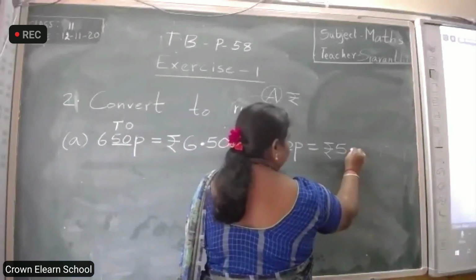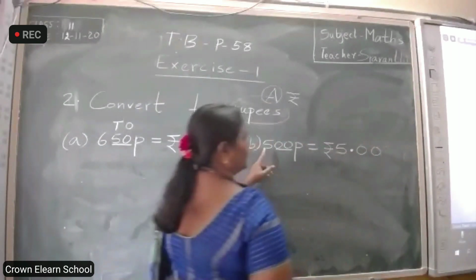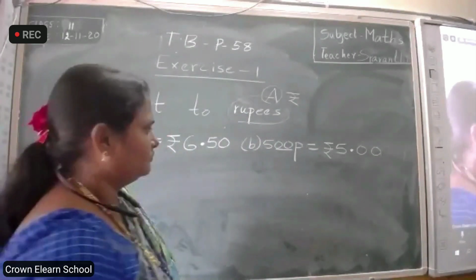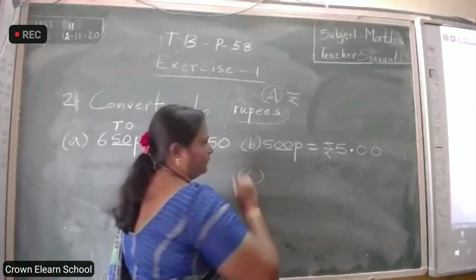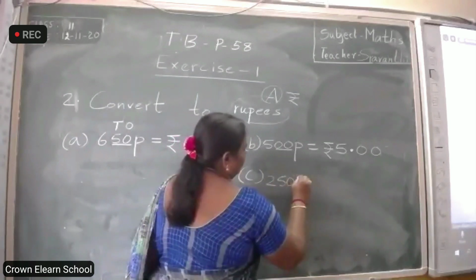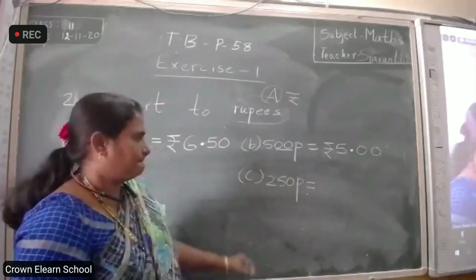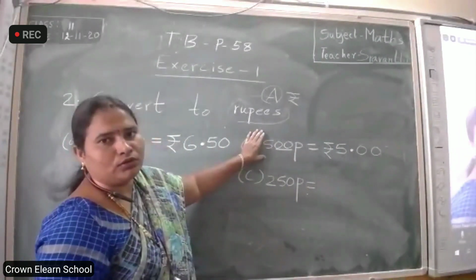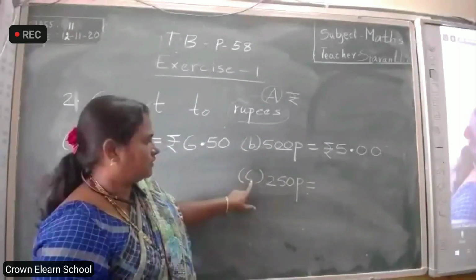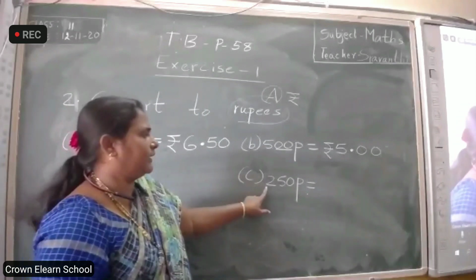5 dot. This dot separates rupees and paise. This side rupees and the other side paise. Can I write C here? I'm writing here. 250 paise. You have it here in the textbook. For smaller ones, you cannot see, it is not visible to you. That's why I'm writing now big in size. I don't have place here. So I have written down 250 paise.